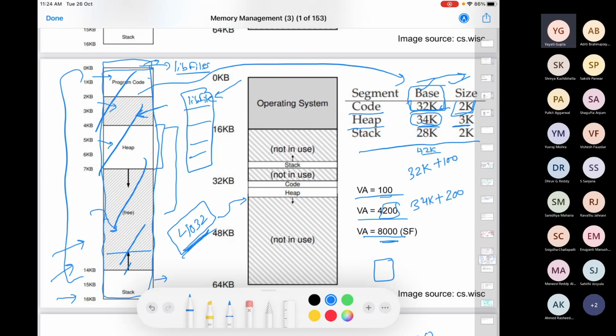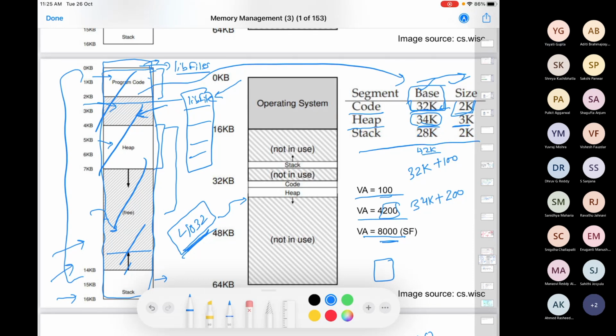So in paging, you have no notion of these segments. So you just page it randomly, right? So in one page, you can have some portion of code and some portion of heap. So that is easy on the mind of operating system, but not on the mind of compiler.